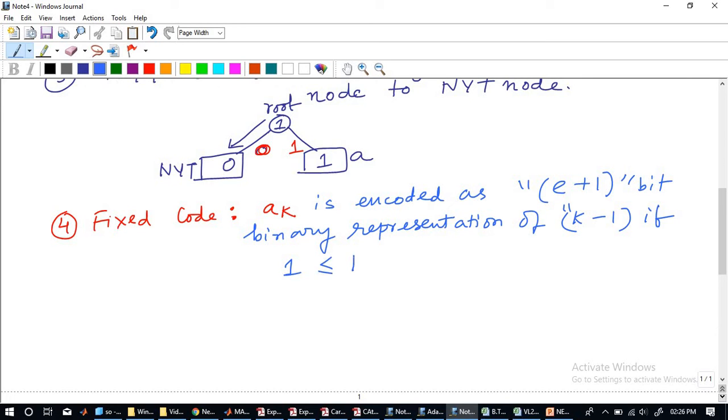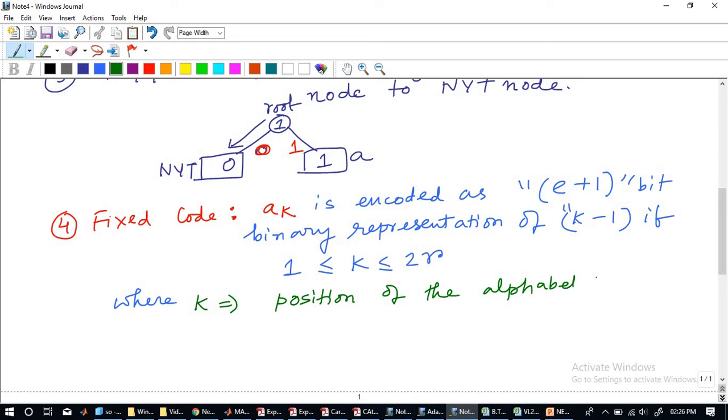where K is, this is very crucial, K is the position of the alphabet in the series of symbols.